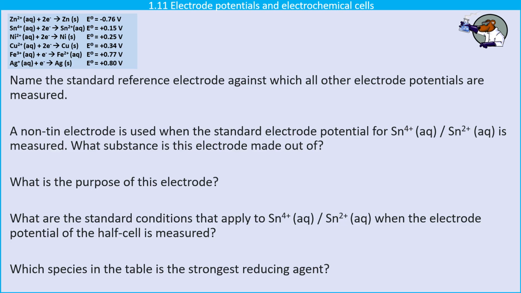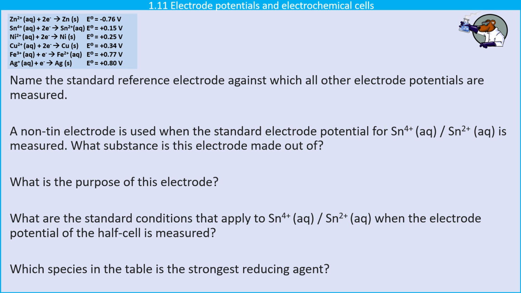As is typical for a question for the electrochemistry topic of AQA chemistry, this question starts off with a table of electrode potentials. And as is typical for AQA, these are listed in the form of reduction potentials. So all of these equations have the electrons on the left-hand side, even though we know that in a fully working electrochemical cell, one of the equations is going to need to be flipped over and actually be oxidation instead